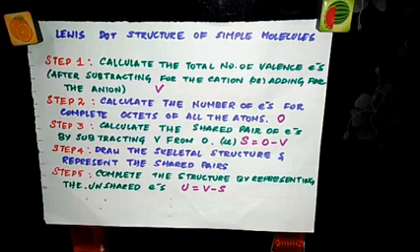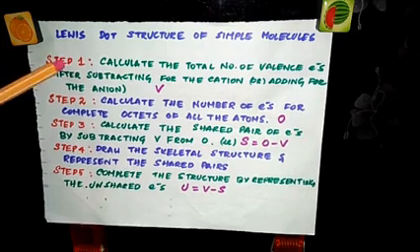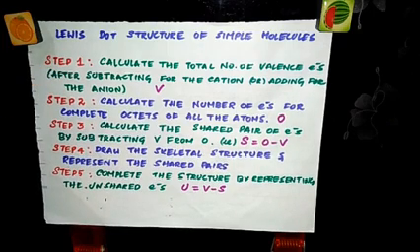To draw the Lewis dot structure, we are going to follow 5 steps. In step 1, you have to calculate the total number of valence electrons in the given molecule or the species, which means ionic species. For example, if you have carbon dioxide, you have to calculate the number of valence electrons in carbon and also in the 2 oxygens. I will show you an example and explain. Now let's look at the steps.